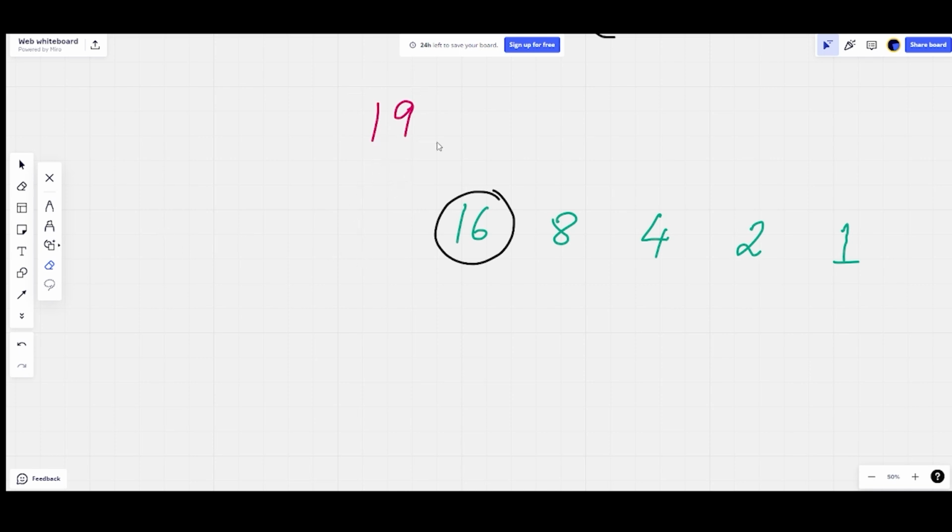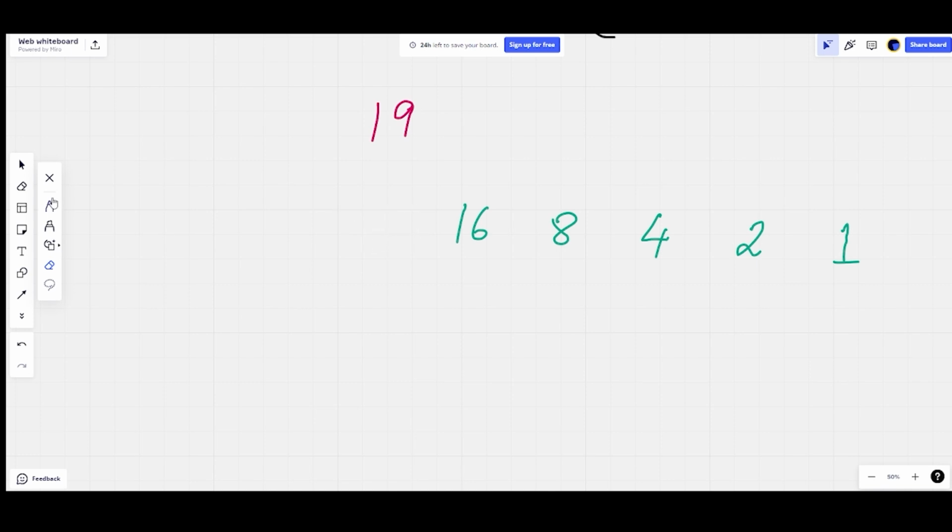So you have to check till which number is smaller than the number which you have taken. Okay, if in case I had 41 here, I would have taken 32 as well, because 41 is greater than 32. Then 32's double is 64. I would not have taken this because 64 would be greater than 41. So that is the logic.